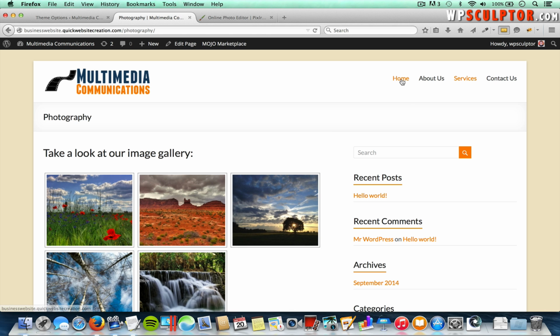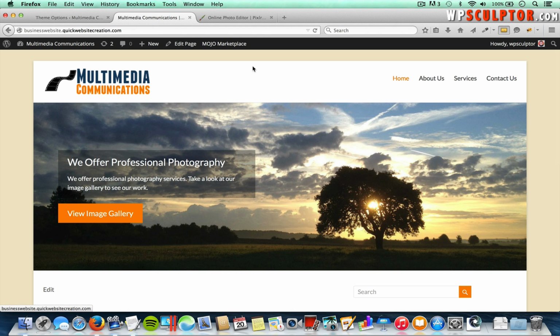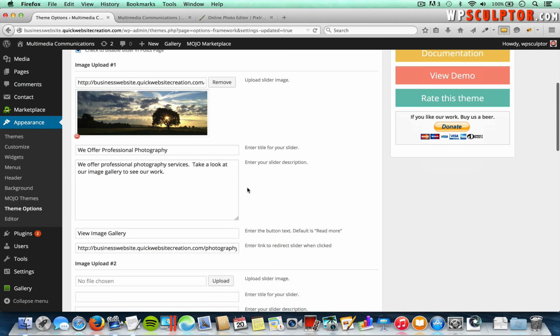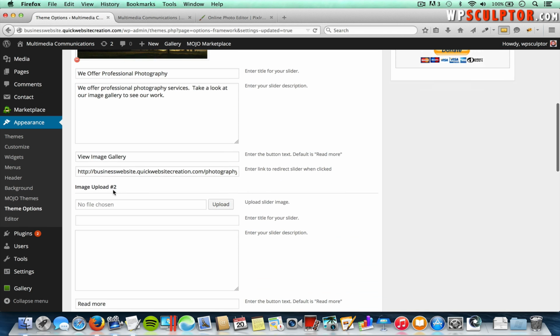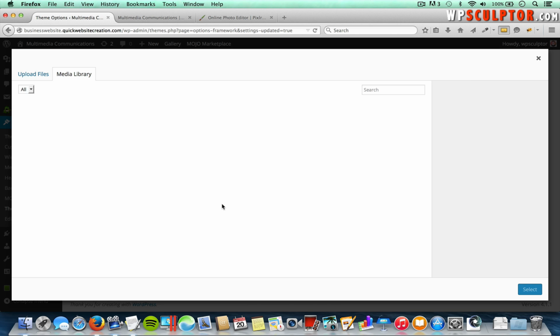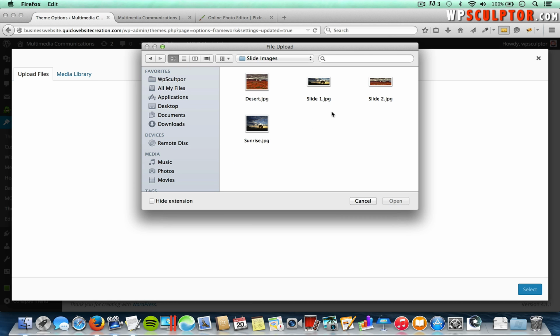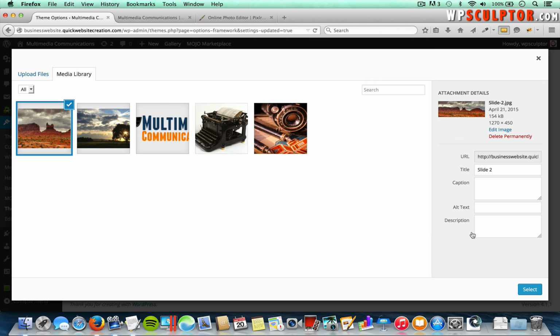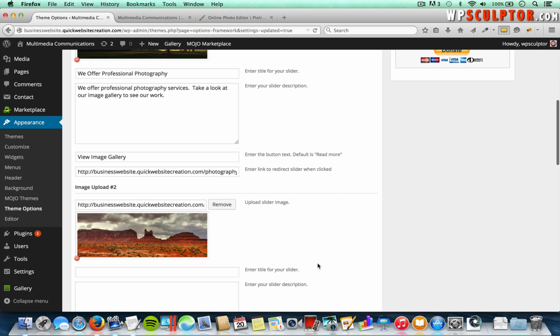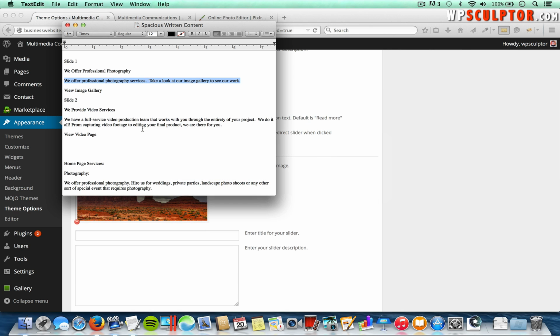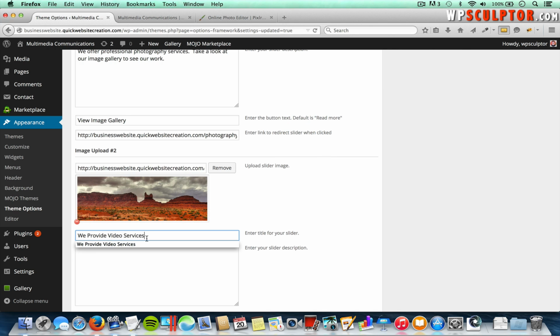But let's go back to our front page, and then let's go back to the back end and add our second slide by scrolling down. And under image upload number 2, we'll click on Upload, and click on Upload Files, and then click on Select Files, and we'll click on our slide 2 image. And then we'll click on Select, and then for the title I'll do the same thing, copy and paste some text in, paste that in,